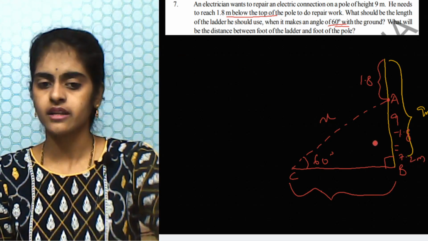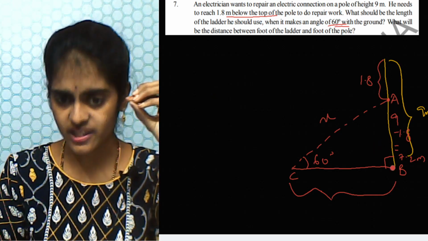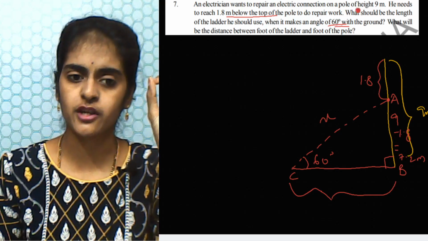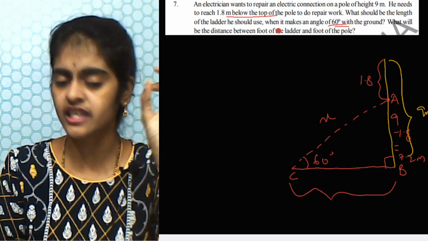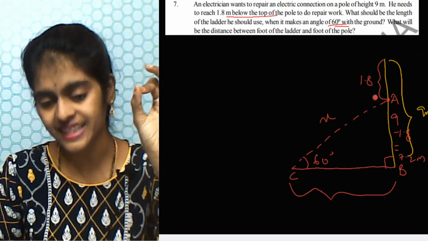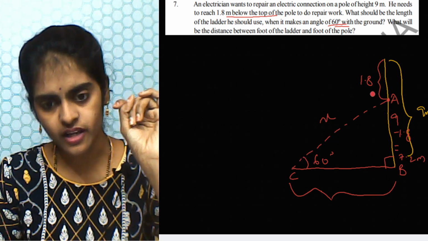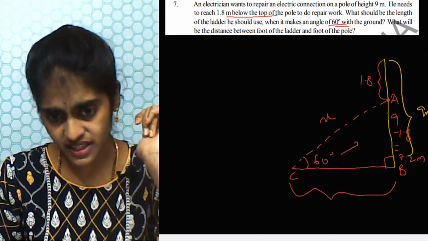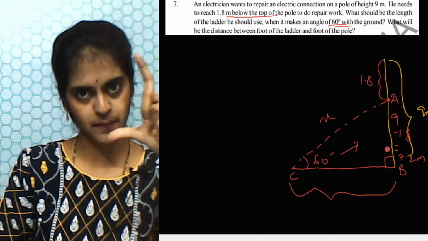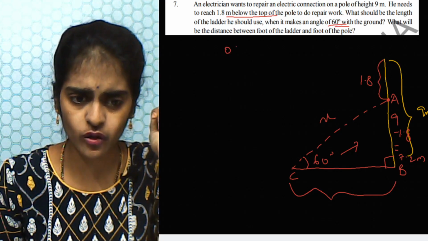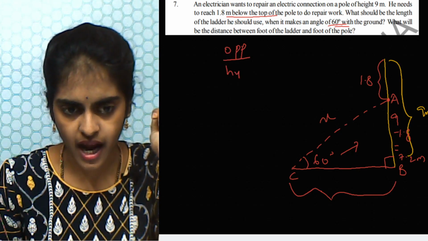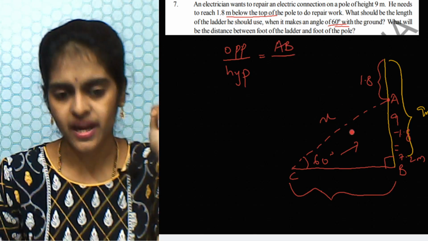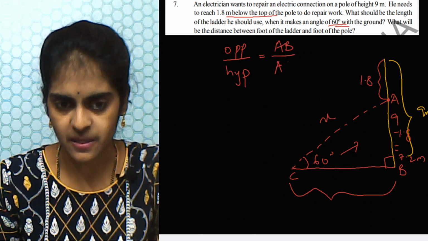Now just see, which ratio you have to take. Now AB value you have, and you have to calculate the length of the ladder you should use. That means you have to calculate X. Firstly, you have AB value and you have to calculate X. So which ratio you have to take? Now this is the reference angle. So to this reference angle, AB is the opposite side. So you are going to take opposite side by hypotenuse. Opposite side is AB, hypotenuse is AC.